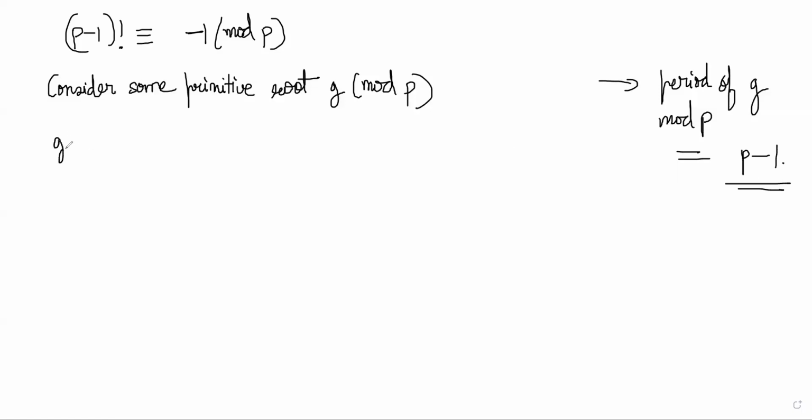So all the numbers g, g square, g cube, till g power p minus 1 are basically,